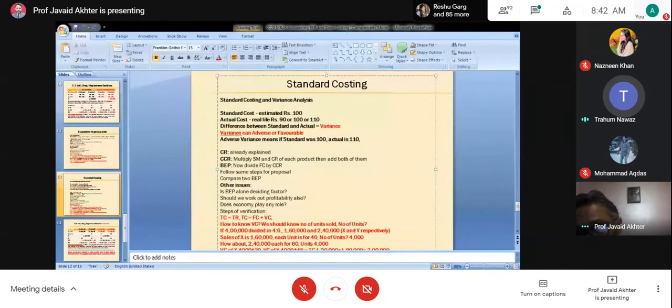For positive variances, if you talk about profit, then it is credited, and for the other one, where we incur loss, it is debited. When you have a favorable variance, it means you have saved money in a sense. You thought that you would be spending 100, but you have spent 90. So this 10 is your saving or not?